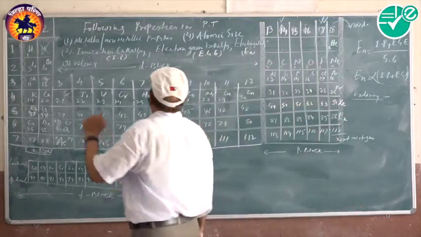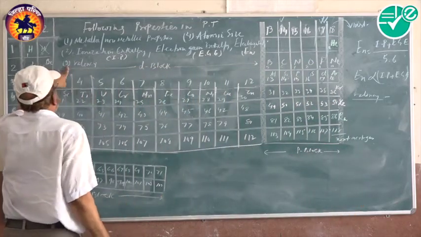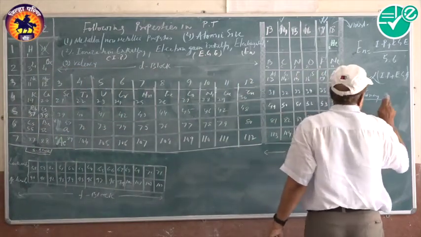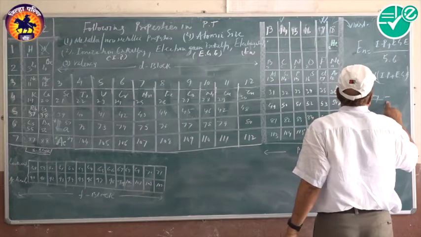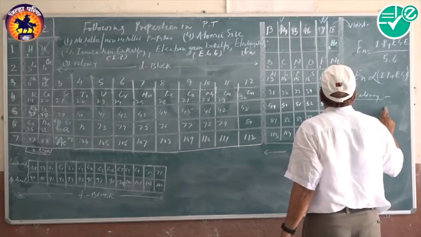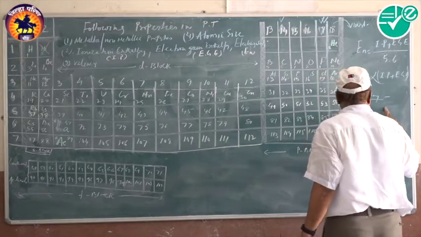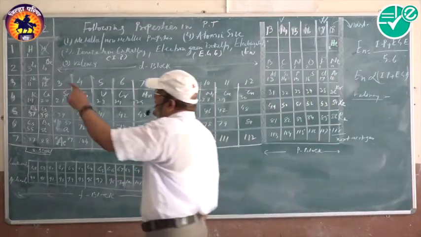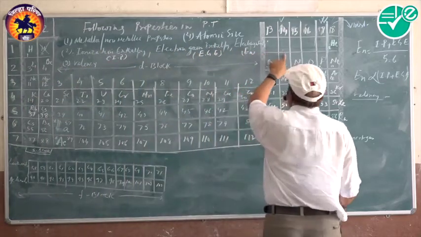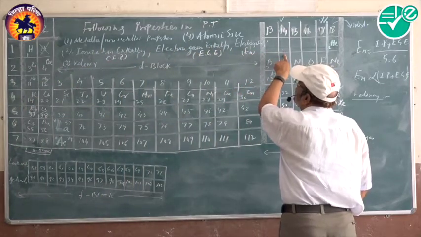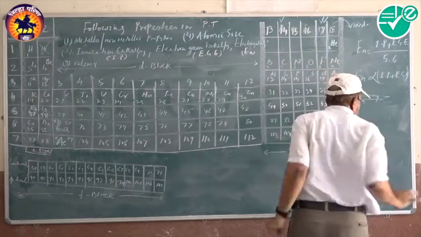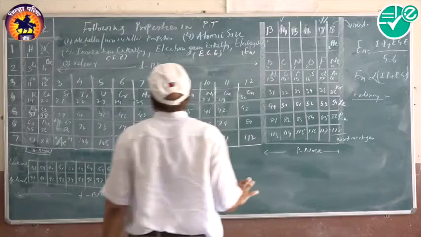Okay? And the last one is valency. What is valency? It is nothing but the number of electrons lost, gained, or shared during formation of a compound. Every element tries to obtain the nearest inert gas electronic configuration. In this case, from 1 to 13, 14, valency increases: 1, 2, 3 and 4. And then again it decreases: 3, 2, 1 and 0. This is our variation in